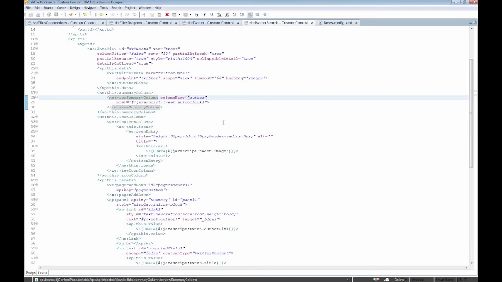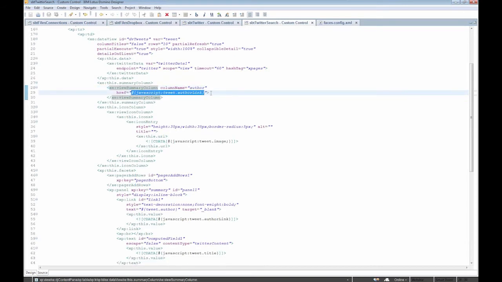So the view summary column is just simply dereferencing the tweet variable to get the author link. And again, such things as the images, the avatars that we see appearing on the left side, are accessed using tweet.image, as you can see here, and so on. So all very simple to use. In terms of the endpoint that we mentioned, that again is something that I think Dan will cover, but pretty much the